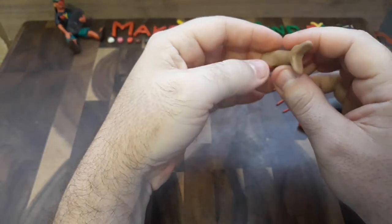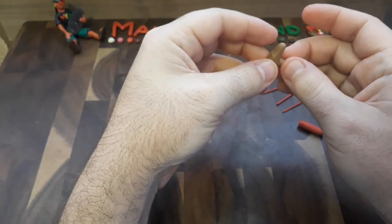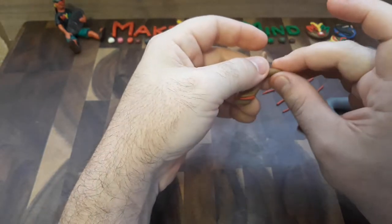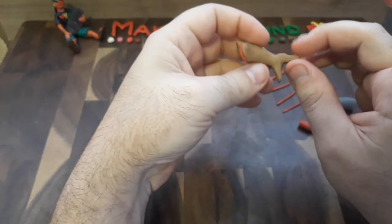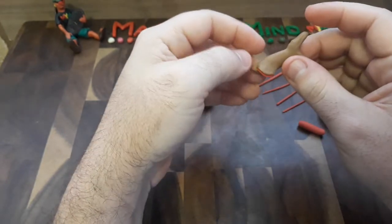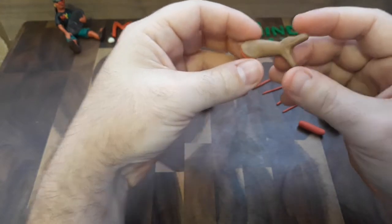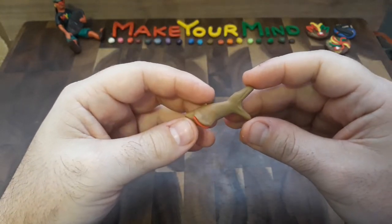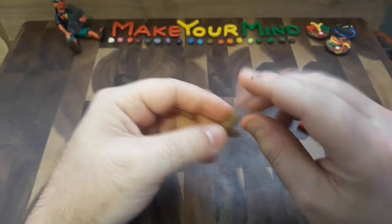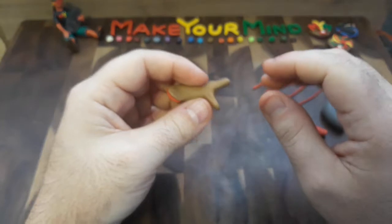Now, for those of you who saw my last Saturday premiere and noticed in the chat, you probably noticed that I planned on doing some more Kaiju sculptures, but if I was going to do Kaiju, I might as well stick with one of the most popular Kaiju movies ever, which was indeed Shin Godzilla. As you can tell, I'm actually making Kamata-Kun, which is the second form of Godzilla, and I plan on making all five